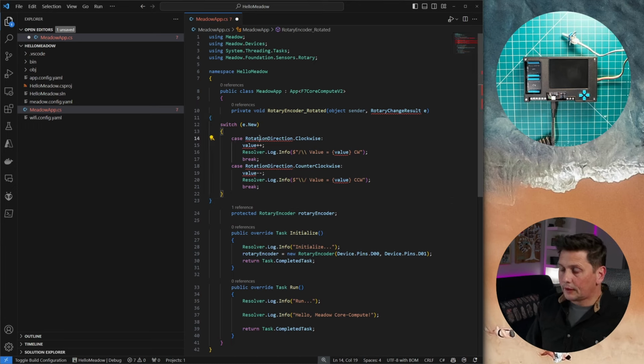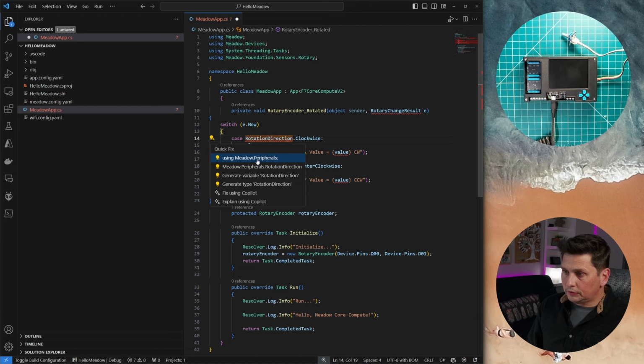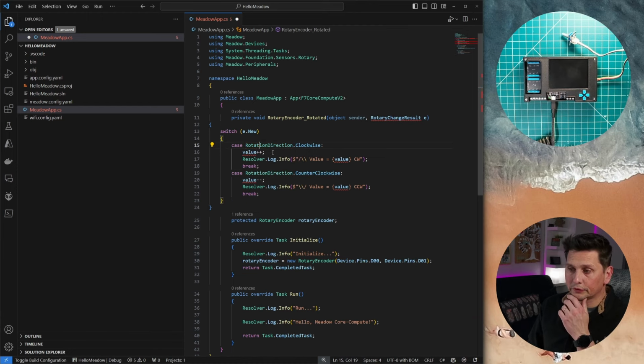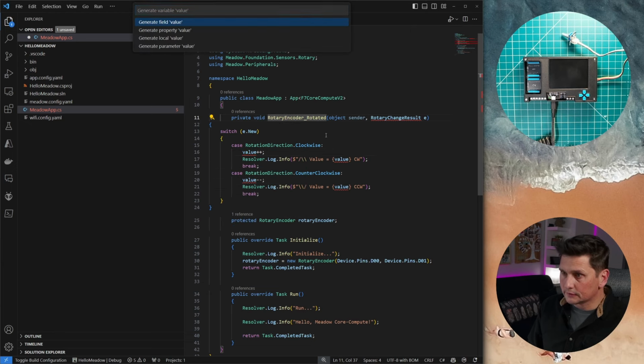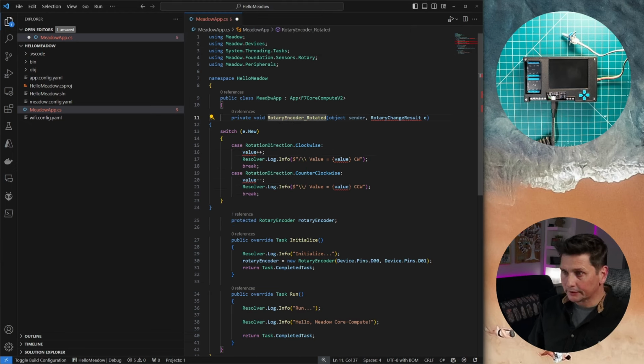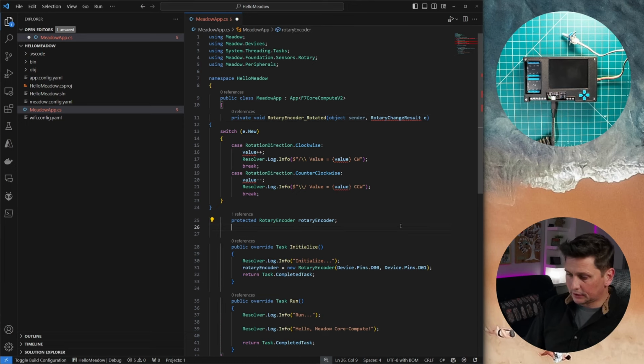This little guy is telling me, hey, you're missing a using statement. It detected that Meadow peripherals is the one I needed for that. And it says that value is not being created, so we'll generate a variable value somewhere. Actually, I'm going to do even simpler than that. I'm just going to put it here.